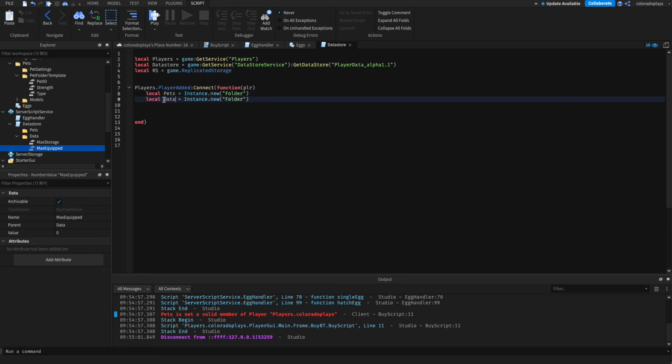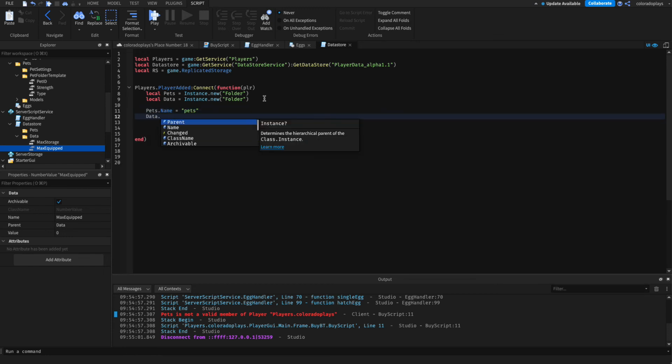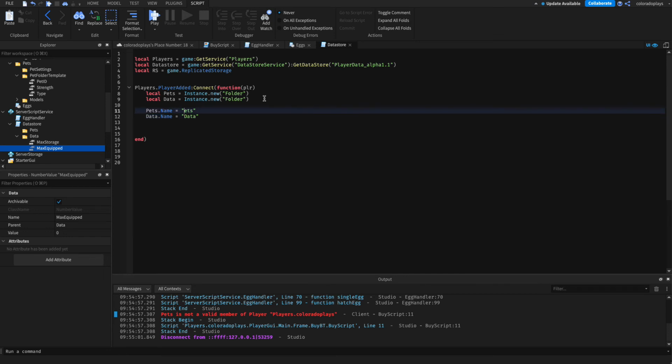Then let's do pets.Name equal to "Pets", and data.Name is equal to "Data". I want that capitalized. And local savedData